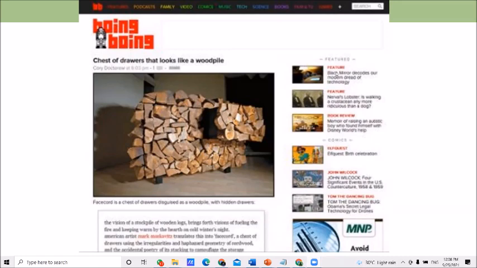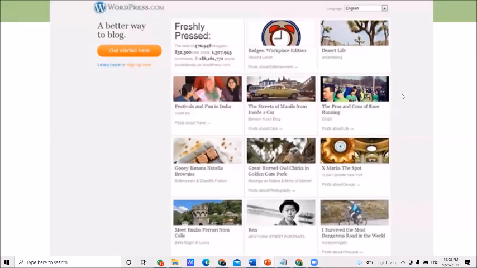The newest one is the very first one. In that way, this left side has the blog posts. Then another example, this is created using WordPress.com. These types of blogs you can create using the WordPress facilities.